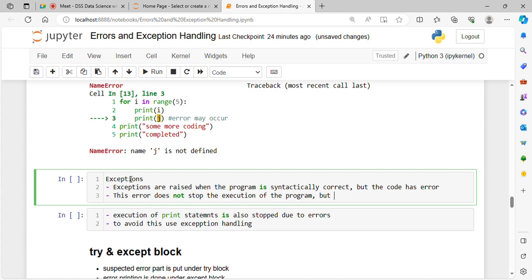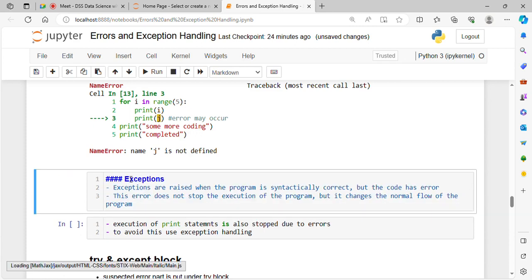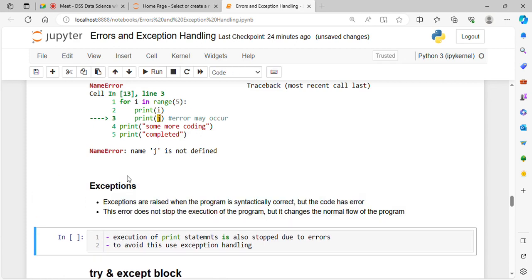Okay, so what it does is, it does not stop the execution of the program, but it changes the normal flow of the program. Okay, now